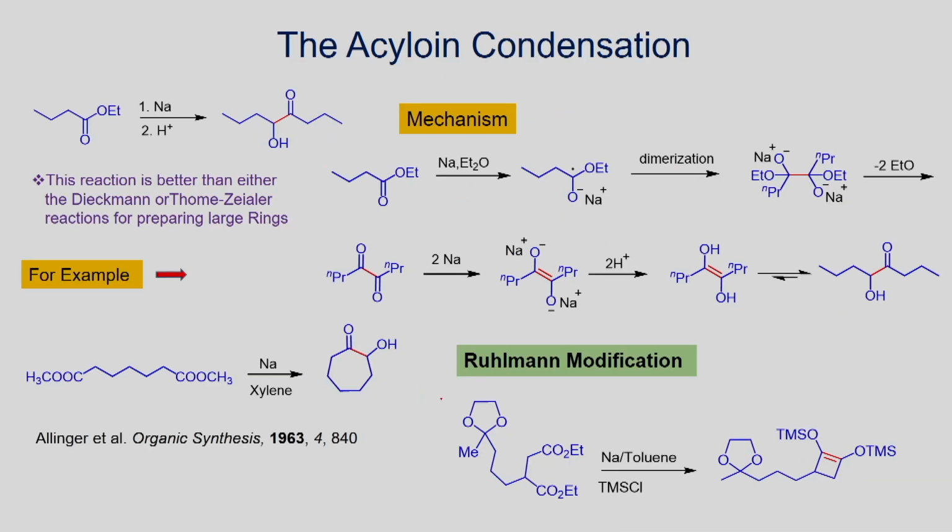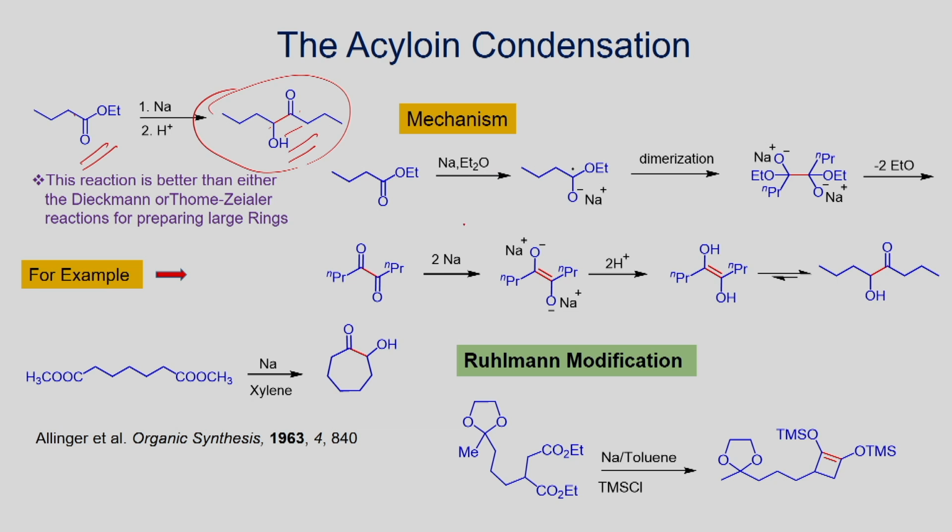Now let us look at the acyloin condensation. This is also a very important transformation in synthetic chemistry. Already all of you know very well, if you have the ester, it can be converted into hydroxy ketone as shown here. What you do here, you couple this to form this compound, you make a carbon-carbon bond.